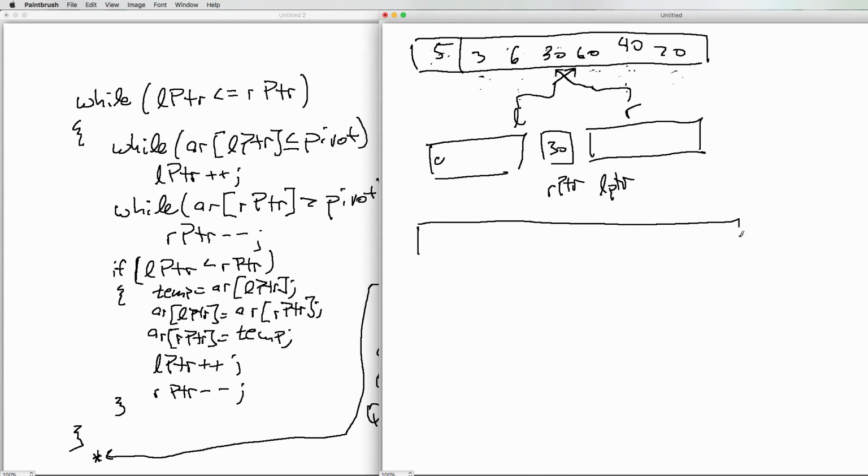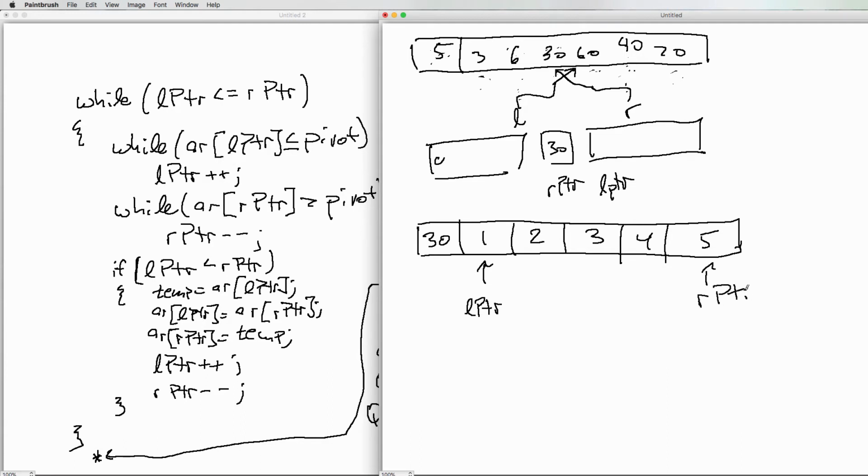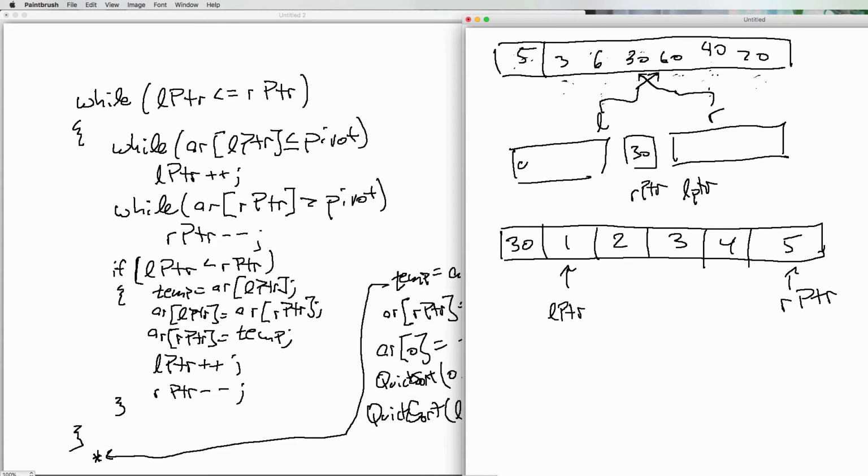Suppose I come in here, and I've got the number 30 here. That's my pivot. And suppose I've got 1, 2, 3, 4, 5. Suppose I'm very unlucky and I pick a pivot that is actually greater than all of these. So here is my left pointer. And over here is my R pointer. And here's the problem I have. Over here, I'm going to go while left pointer is less than right pointer. So far, so good. Then I come in here, while AR of left pointer is less than pivot,